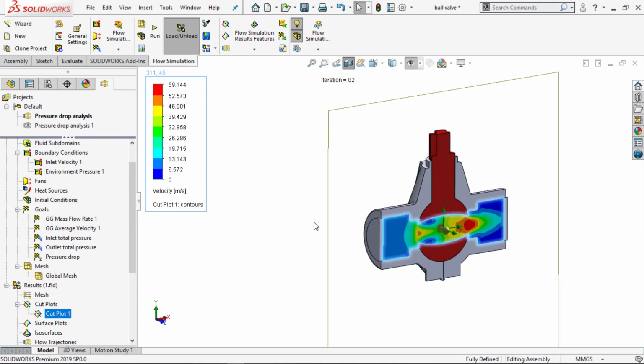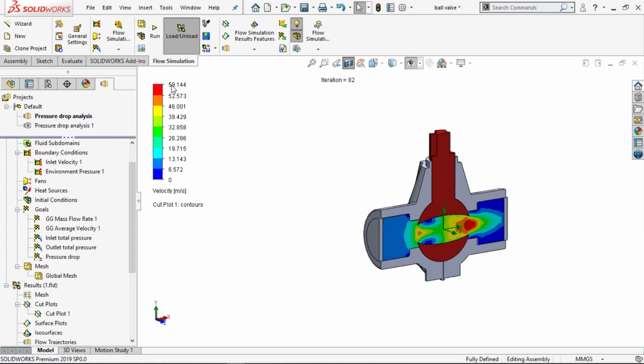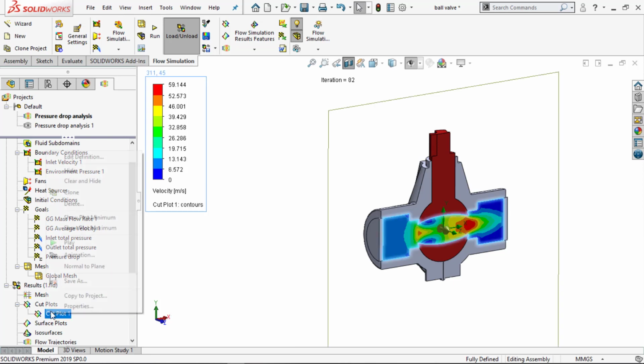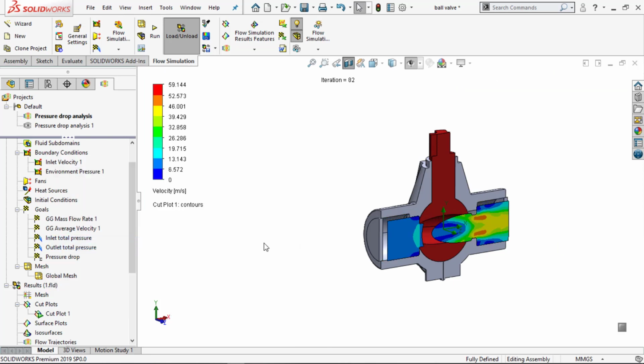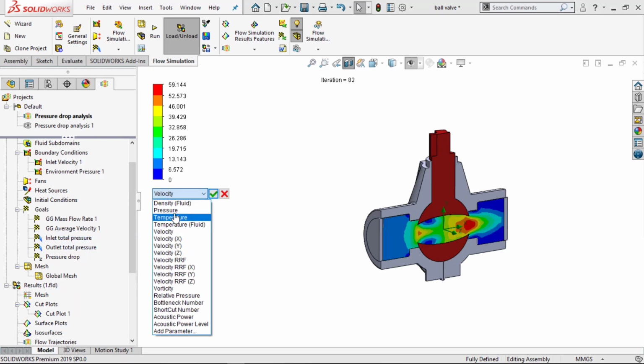Yeah, here you could see the results. So this is how the plot is showing the results. You could see the minimum is 0 and the maximum is 68, and you can even animate it. You could see the animation of that particular plot with respect to the position. You can stop it and you can switch to the other plots by using the velocity drop down and switching